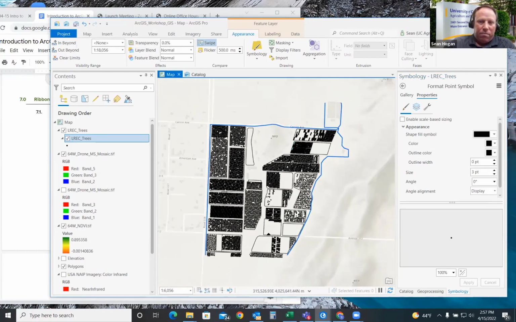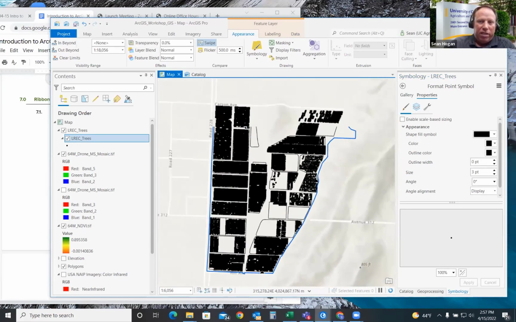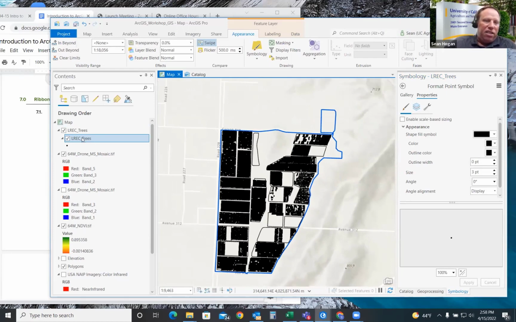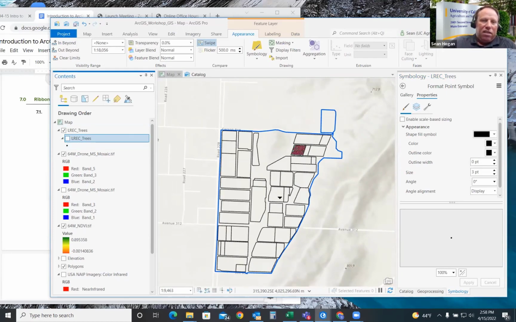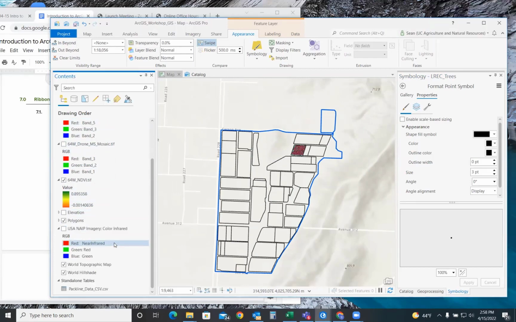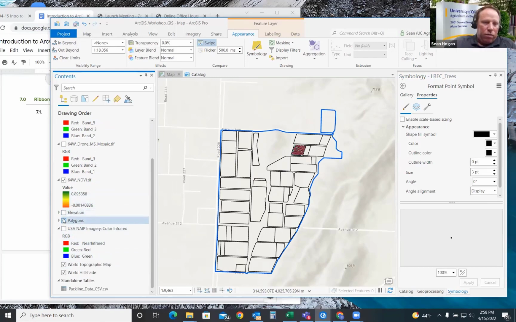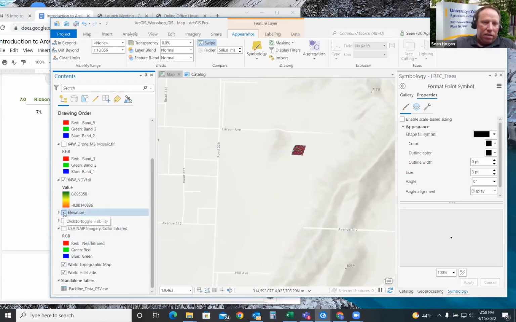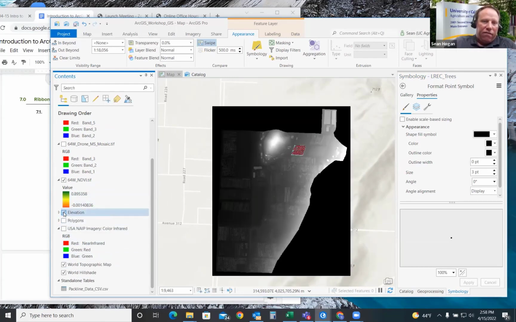Doing the exercise from memory, I want to make sure I hit all the key points, and that is symbolizing the digital surface model. Sorry. I need some math. Right. So what we'll do is we'll turn off the polygons, turn on elevation. So this is what I'll leave you with. This is a really neat step.